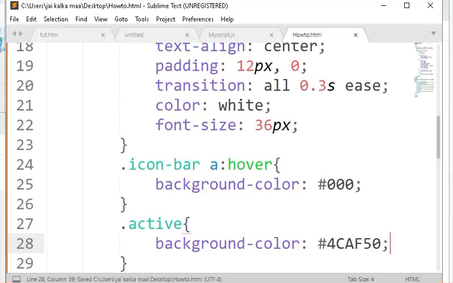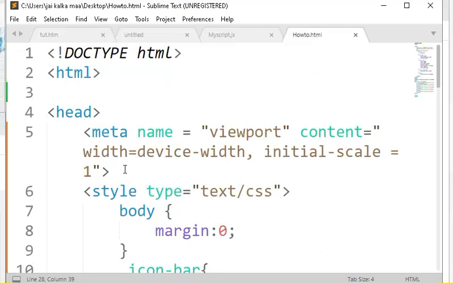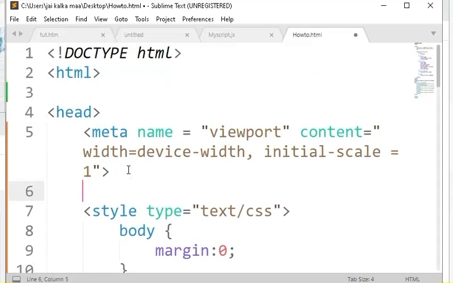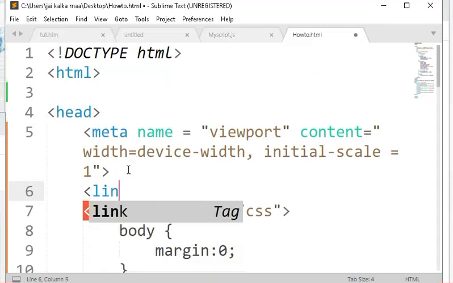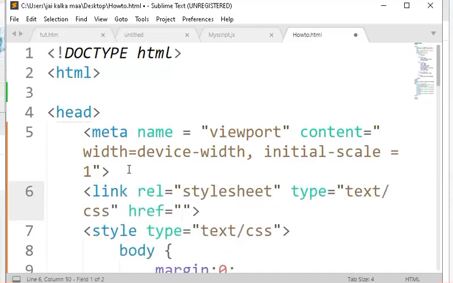So guys, now we are going to link an external CSS file here. To add an external CSS file, we use the link tag. So this is our link, and we are going to give the reference of it.